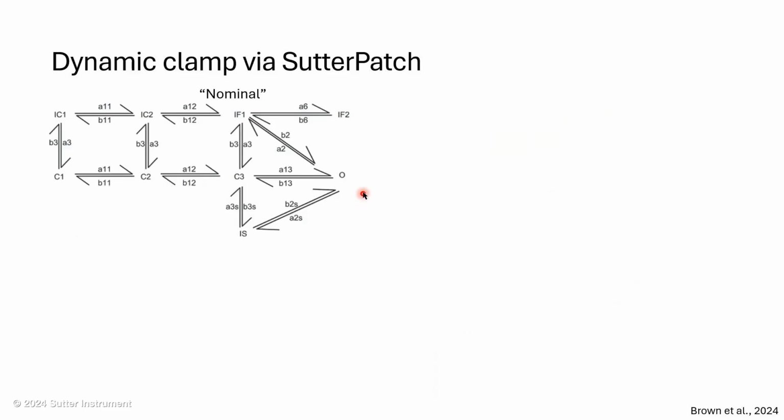I wanted to focus in on 2 particular states, one of which is this fast inactivated state, which, as you remember from the previous slide, occurs after the transient current. This is a very fast inactivation where it terminates that transient current and we get that really sharp termination of that current.